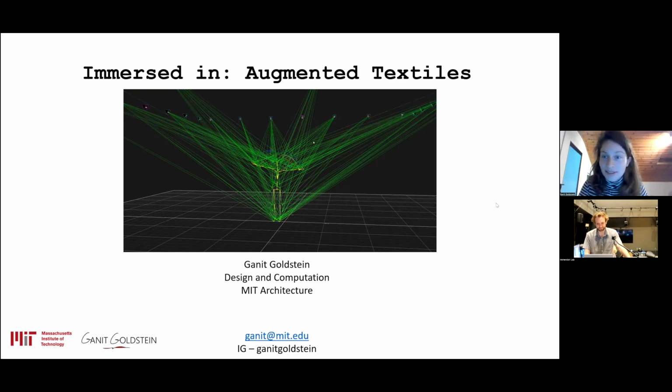I'm happy to think together about how we can work together. Yeah, I think this whole project brings up the concept of what kind of materials we can use, all the way from carbon fiber to graphene. So if anybody in this chat wants to reach out to Ganit or ourselves a little bit more, feel free. We'll post our emails at the end.